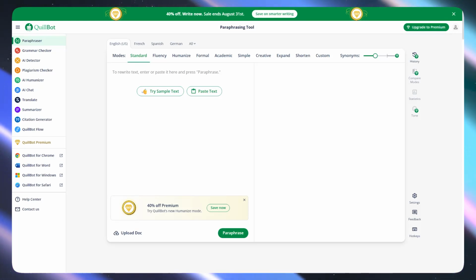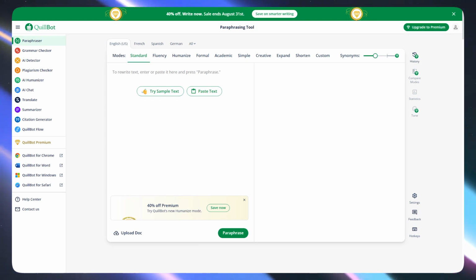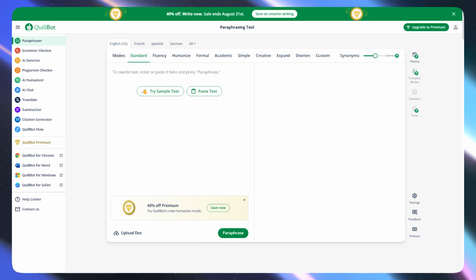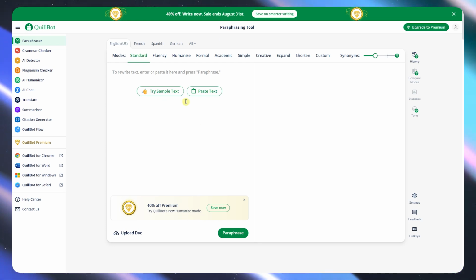In today's video, I'll show you how you can use a coupon code on Quillbot to get a huge discount. So let's get started. So here we are in Quillbot, and from here you just simply want to